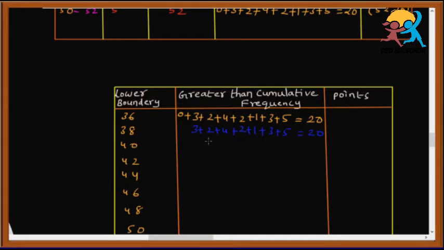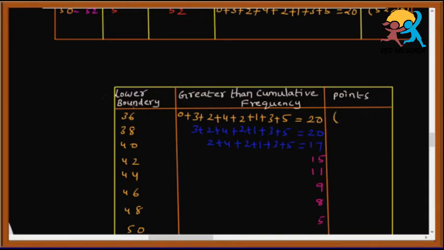And more than 40, that means from this number we have to exclude 3. So just add the remaining numbers, that is 2 plus 4 plus 2 plus 1 plus 3 plus 5, that is equal to 17. So like this you have to fill all the numbers. Next, just remove this 2 from 17, then it will be 15. Next from this 15 you have to subtract 4, so it will become 11, and then after remove this 2, it will be 9. After 9 just remove this 1, so 8, and remove this 5, remove this 3, then it will become 5.